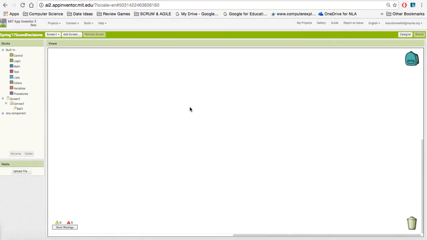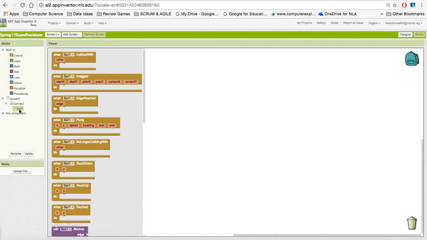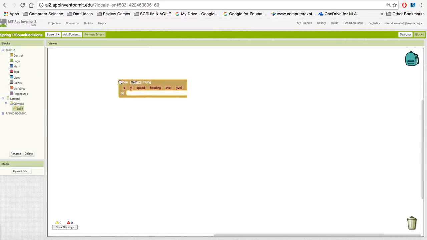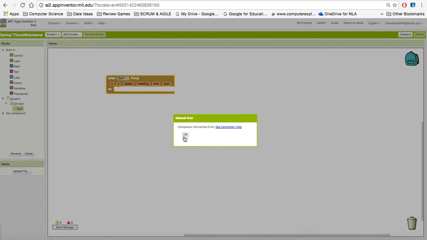So what we're looking to do is 2 things. We want it so that when we use our hand, our finger, to touch the ball, it should begin flying across the screen. So that's the first step. What we want to do is, when ball 1 is flung, we want it to start moving around. So when ball 1 is flung,